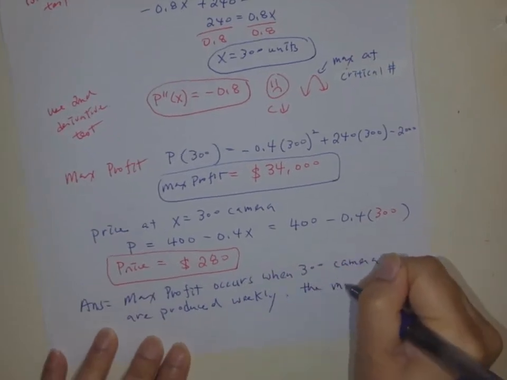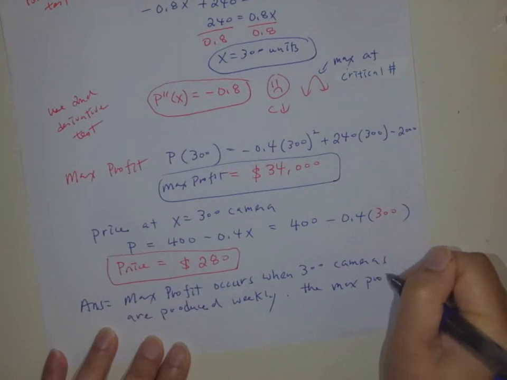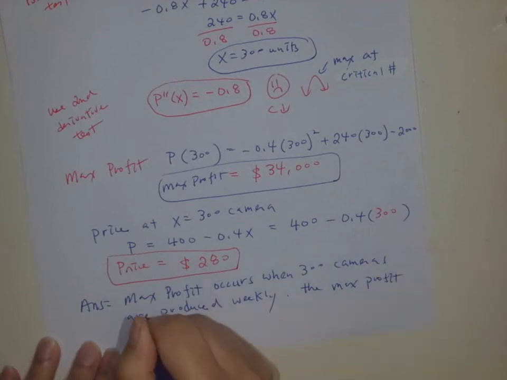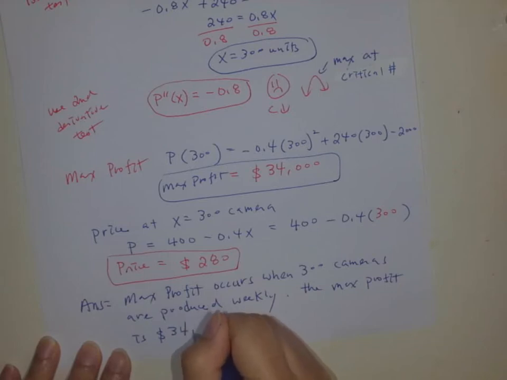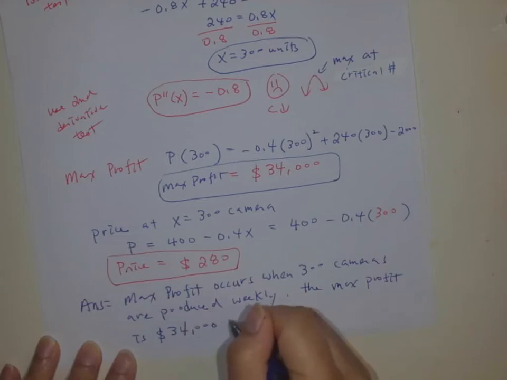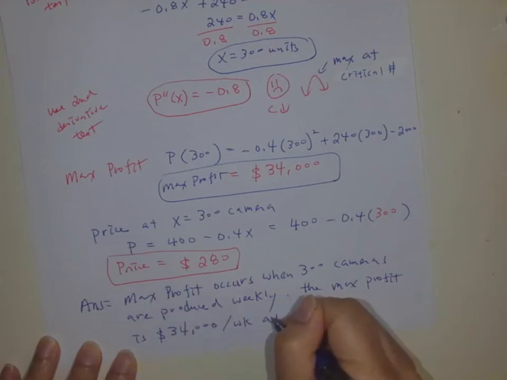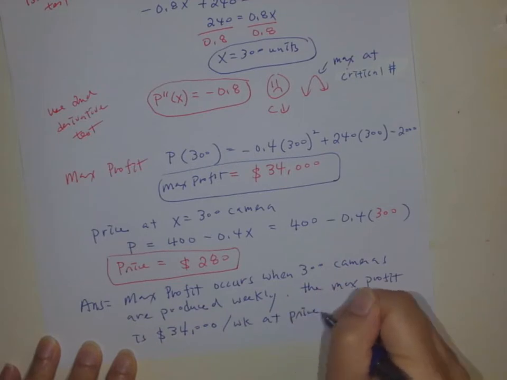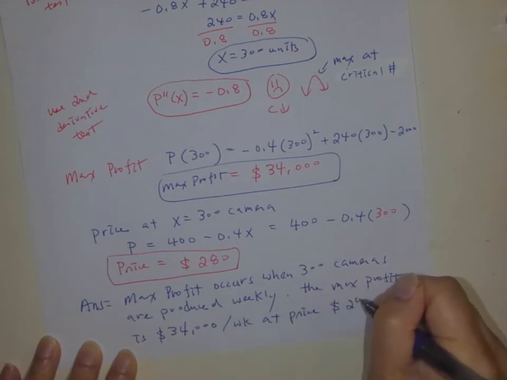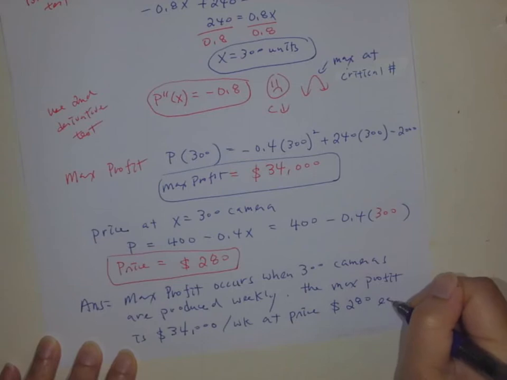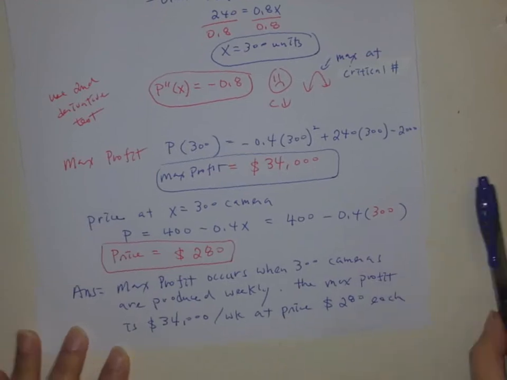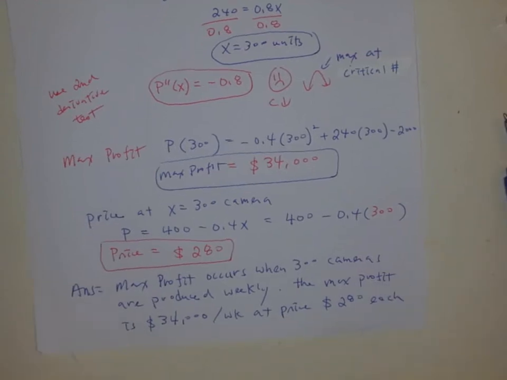The maximum profit is $34,000 per week at the price $280 each. It's a pretty long question, but they ask a lot of information, and you practice all your derivative skills